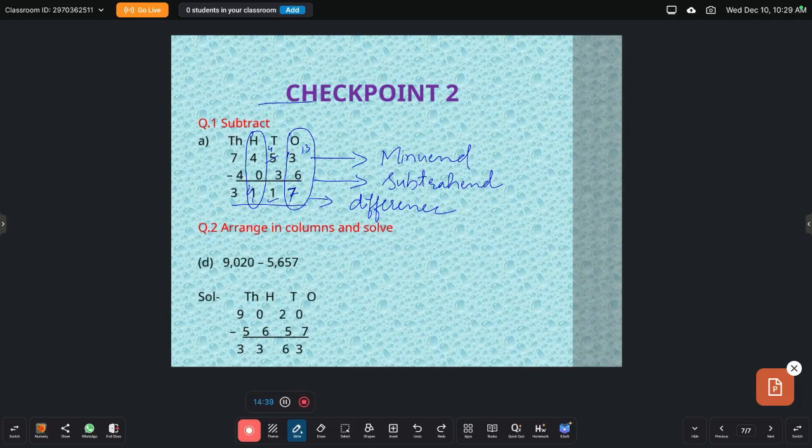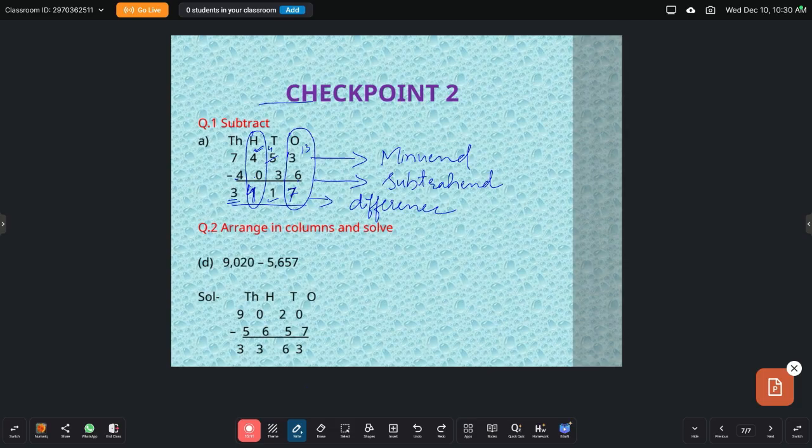So when we subtract a 0 from any number, the answer is the number itself. Okay, here it is not 1, it is 4. Now move to the next column, that is the thousands column. Here in the thousands column, we have 7 as minuend and 4 as subtrahend. When we subtract 4 from 7, the difference is 3. Okay, so the rest of the parts you will do yourselves.